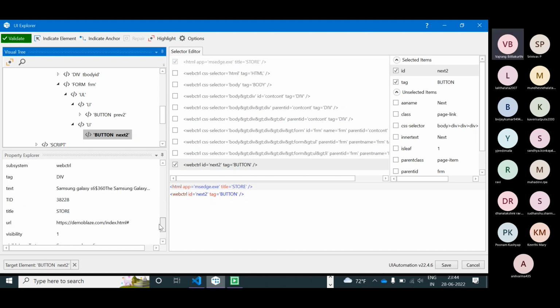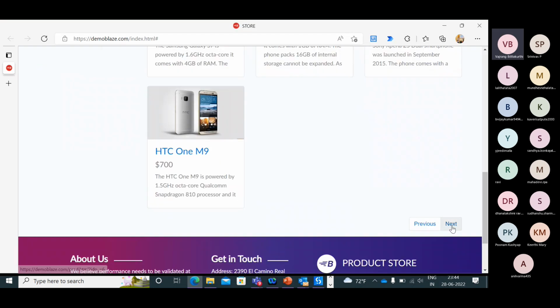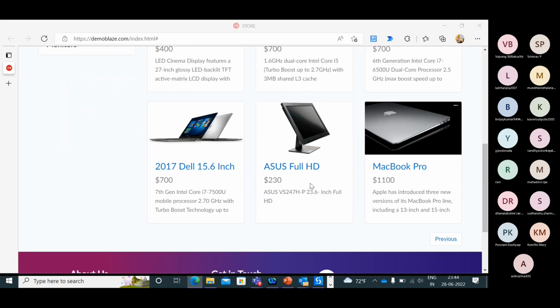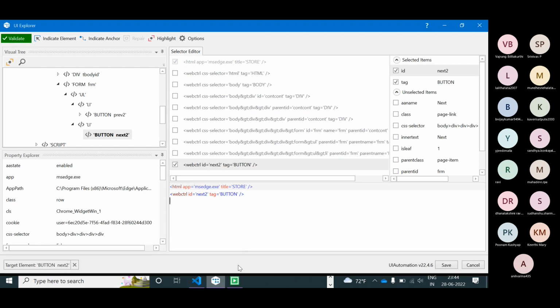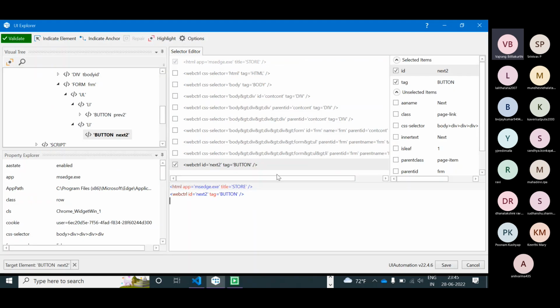Display none is not available now. Then what should we do? This code, style is not available in the properties.